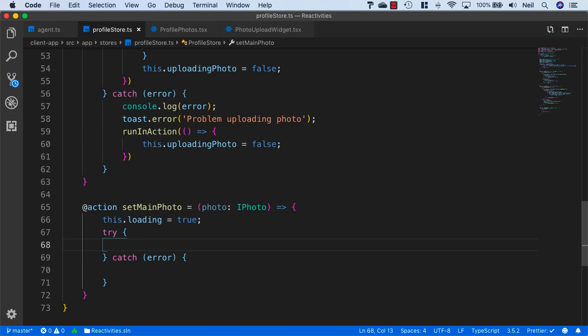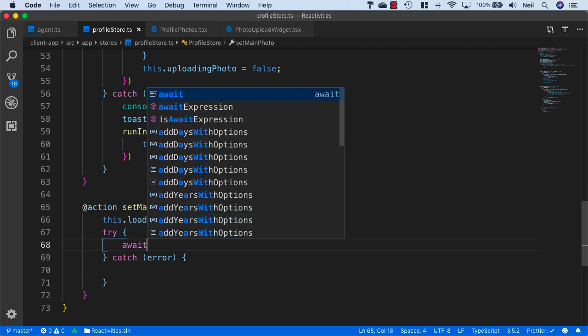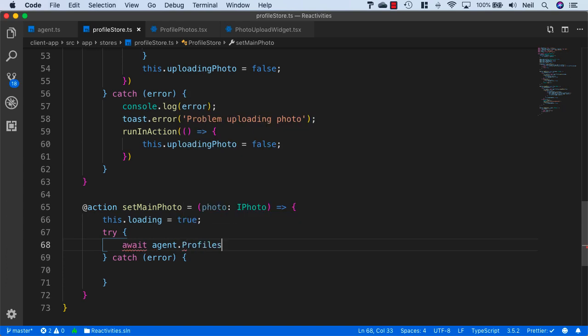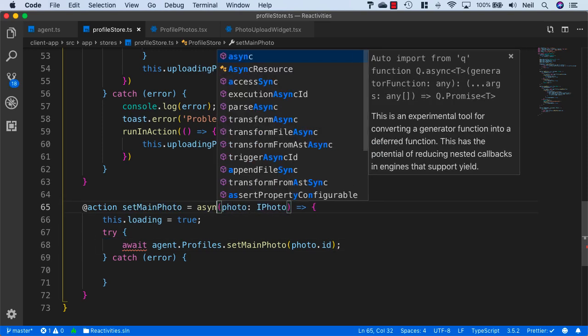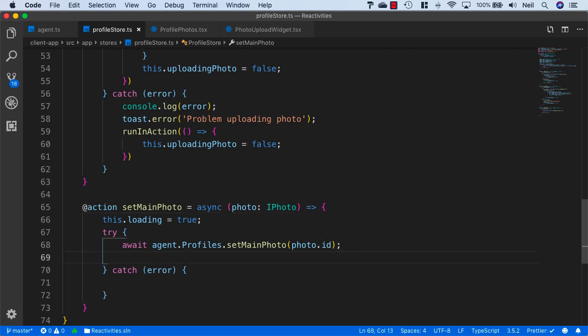And what we'll do here is we'll say await agent.Profiles.setMainPhoto, and just pass in the photo ID, and we need to make this an async method as well. And then we'll add our runInAction,